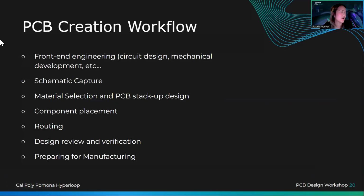Cool. Okay, so now we're basically going to go through the PCB creation workflow. And so this is the idea of how does a project get formed? How does an industry electrical hardware project even get built? So usually there's front-end engineering, which is circuit design and mechanical development. So essentially, if we're thinking of something relatable like your phone, right? The phone needs to have some IC unit inside that can allow the board or the phone to